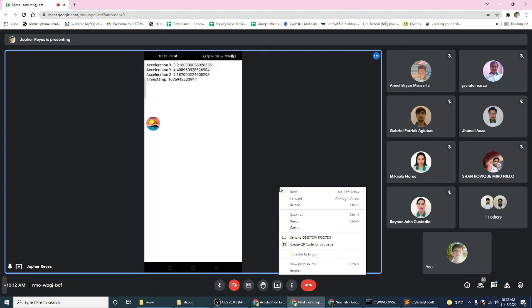Okay. So yung isa pa is one of the examples, yan gumagalaw yung image. So yung path. So for example, in our Google Map, pag naglalakad ako, if I move,